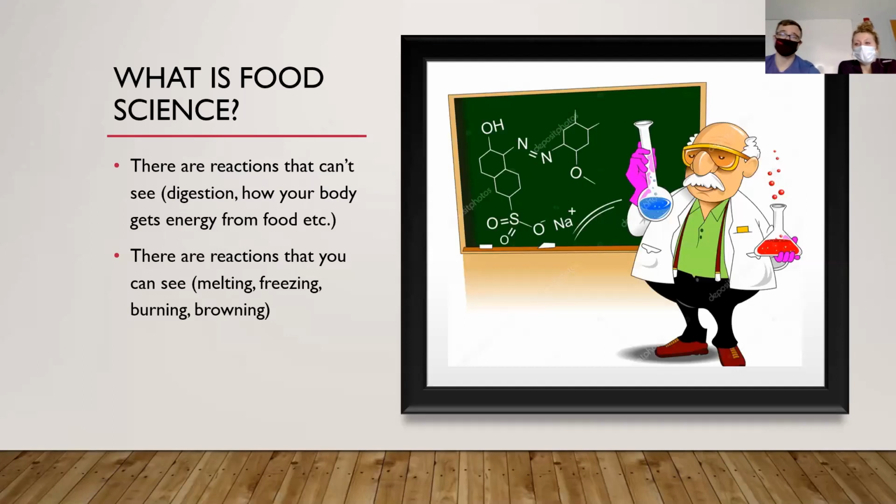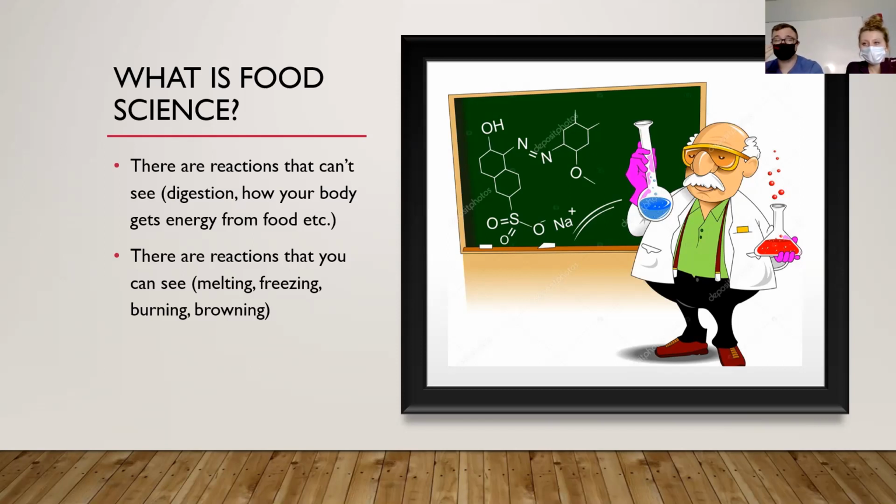So what is food science? Food science is very broad, and there's a lot that could go into it, right? There are things that you can't see that are considered food science, like digestion, what your body does with water, what your body does with the food that you eat, how it processes the different foods, as well as how it gets energy from them. So food science is very broad on stuff that you can't see,